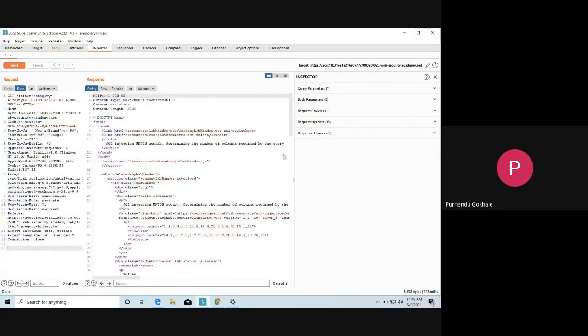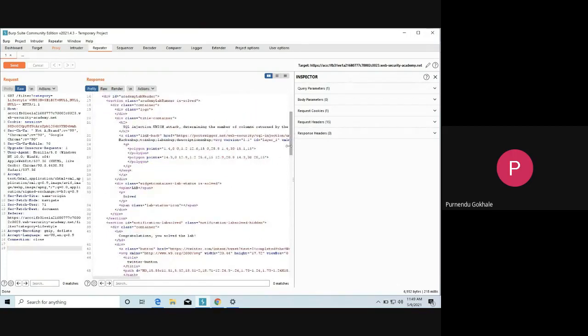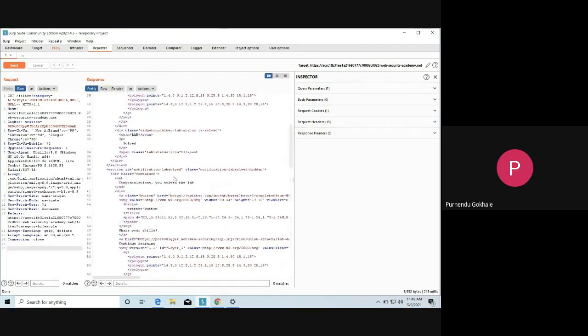the SQL injection UNION attack, determining the number of columns. You have successfully completed the step. We have successfully completed the first lab because we found there are three columns, since after three NULLs it sends me an HTML page. Just for demonstration, Pranav, add one more NULL there and send it again.